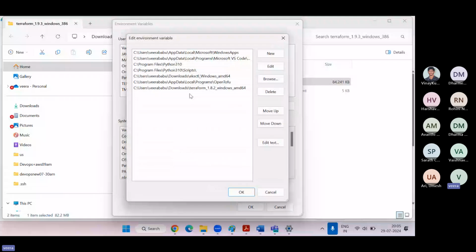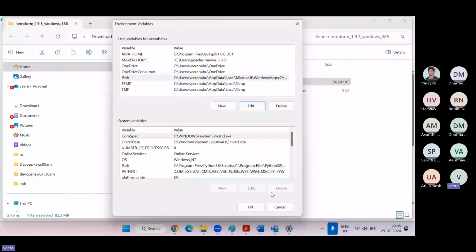Terraform.exe is not required. Till here is fine. On my end, you can see it's already updated. On your end, after pasting, click OK.